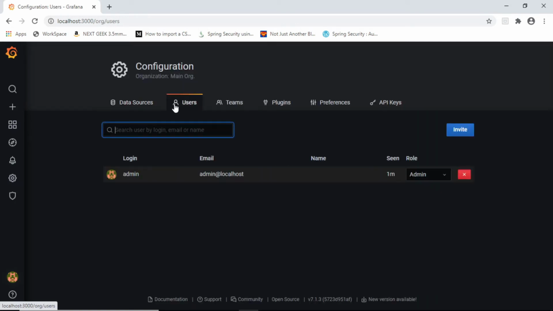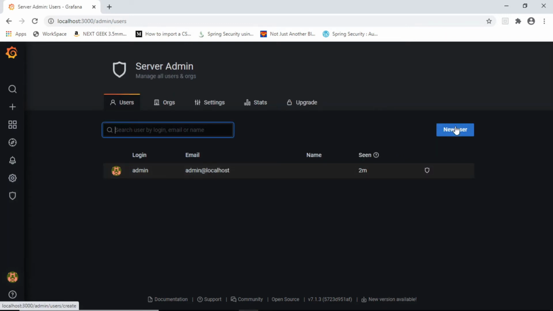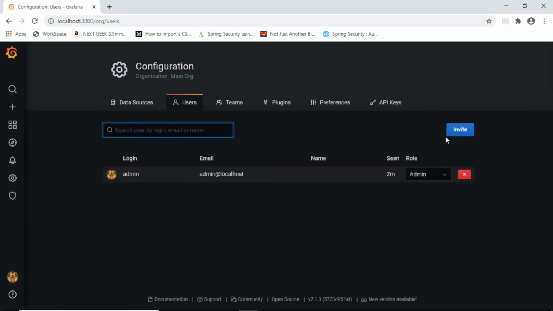Then there are the users which are present over here. By default, admin is also a kind of user, so you will be able to see admin over here. The change that you can see is that there is no create user or add user option here, which you could see in our server admin users window. There it was a new user option, but when I go to configuration, which is from the users' perspective, you get to see only a list. You will not be able to create a new user over here. So this will display just the list of the users and their roles throughout this Grafana portal.